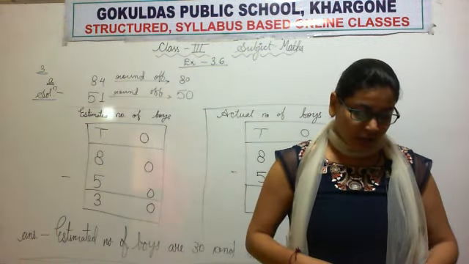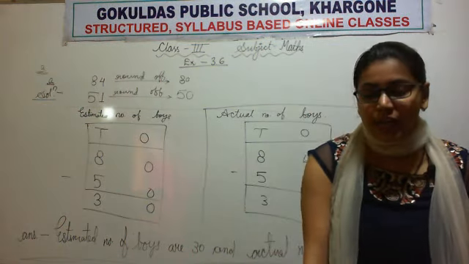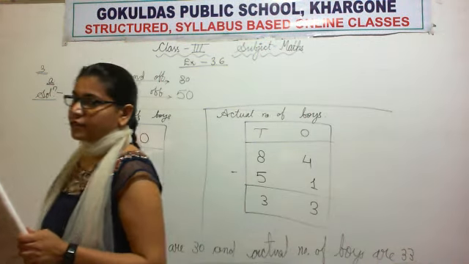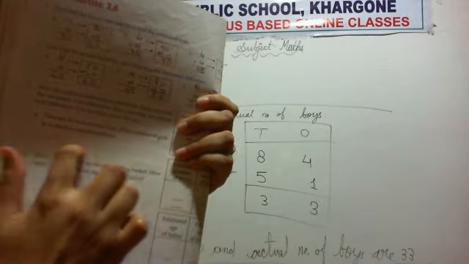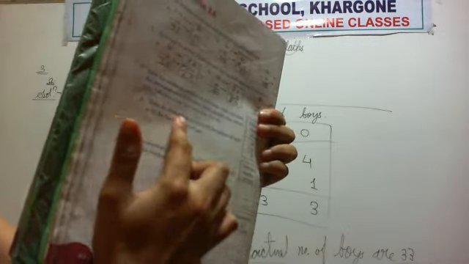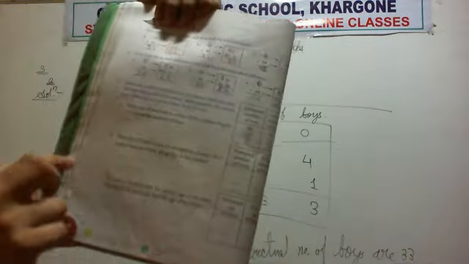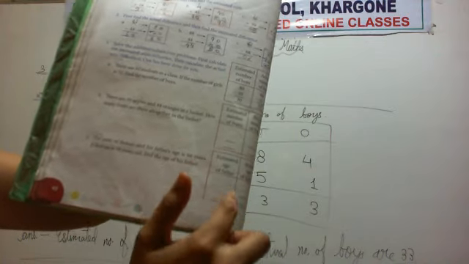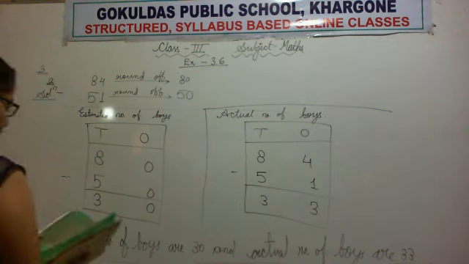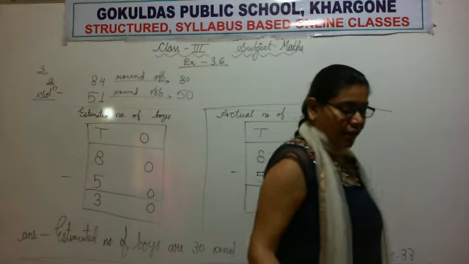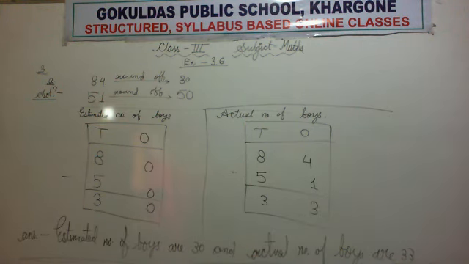In the book the solution is given, but the answer is not written there. So here in the left blank space, you will write the answer. For all the questions you will solve in these tables, write the answers here below the question. So all of you write it down quickly.